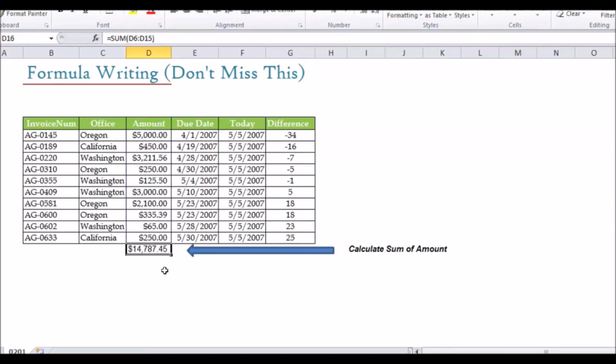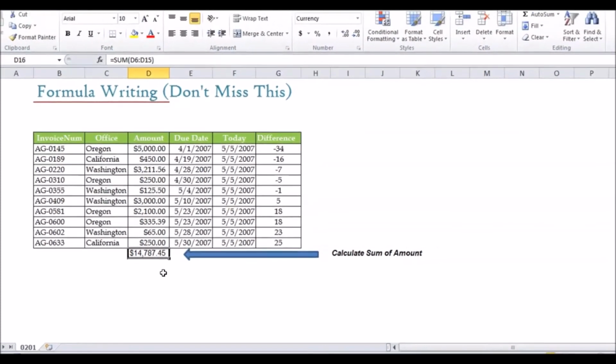Let's have a recap, guys. We always start a formula with equals to and then the name of the formula. We select from the list which is given by Excel, to avoid a name error, by pressing the tab key. Then we have a syntax underneath that. In a syntax, we have a lot of arguments. Any argument which is bold means it's an active argument. Any argument which is in square brackets is an optional argument that we can leave.